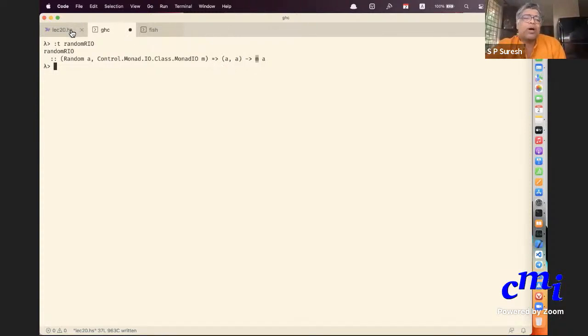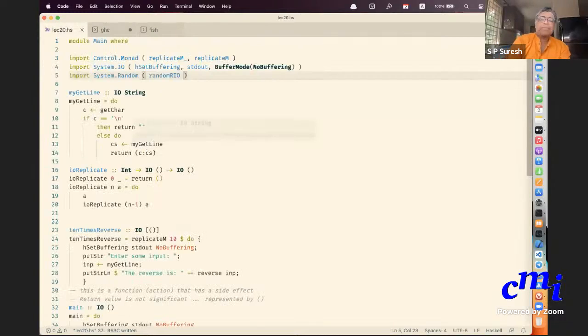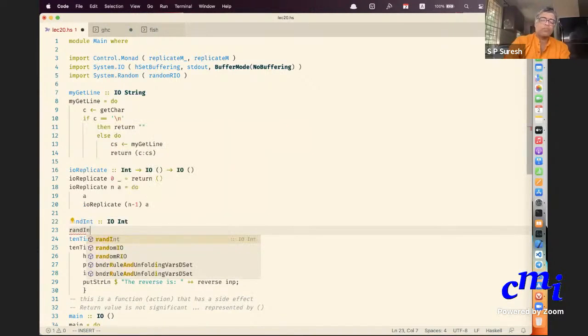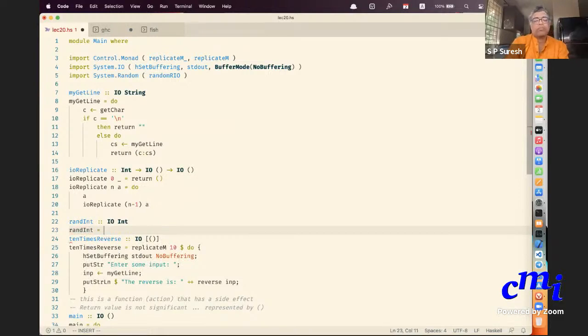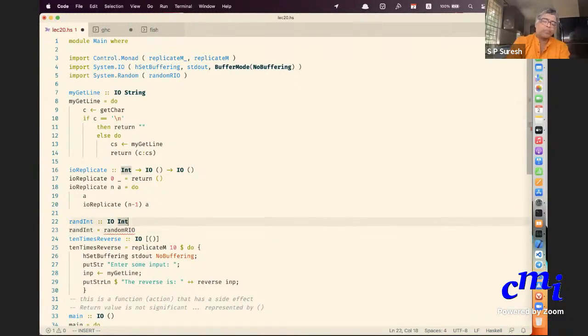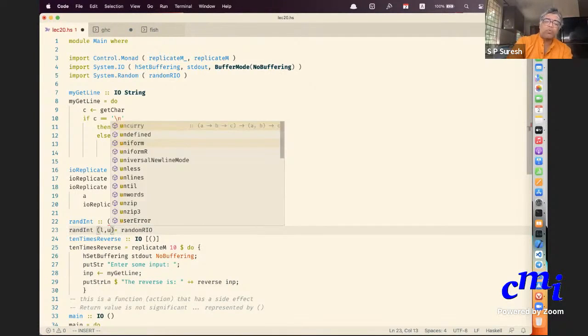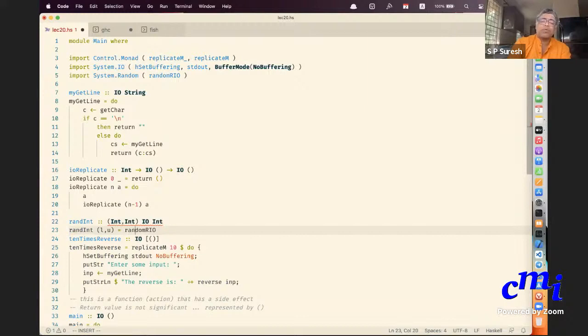So I can come back here and say I want an integer between these two limits, lower bound L and upper bound U. Between L and U inclusive, it will give me a number.